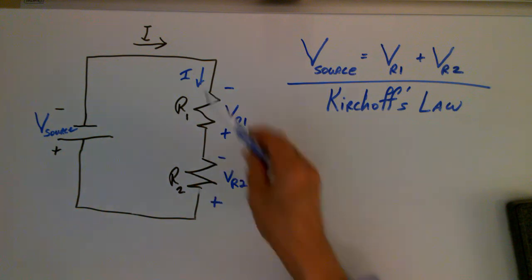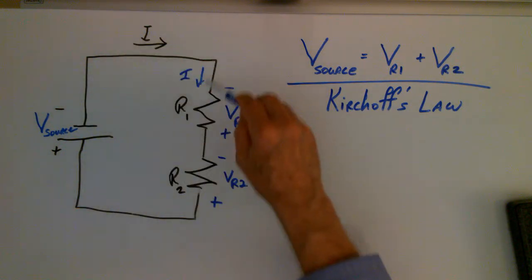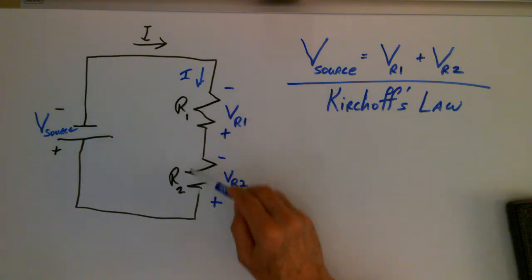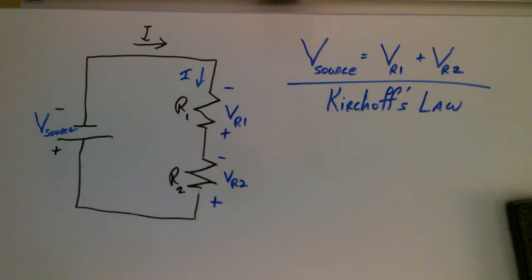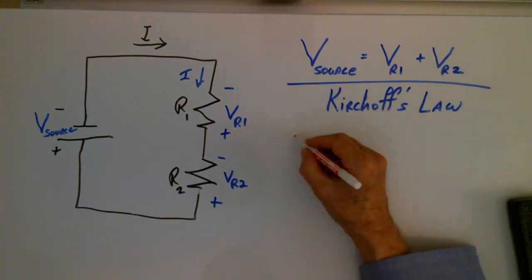Now then, since it's a series circuit, the current flowing in R1 is identical to the current flowing in R2. It has nowhere else to go. The current can only go through those two resistors the way we have done this. So we can tie Ohm's law into this, and we can make a few more statements about the behavior of this circuit, and we can say that